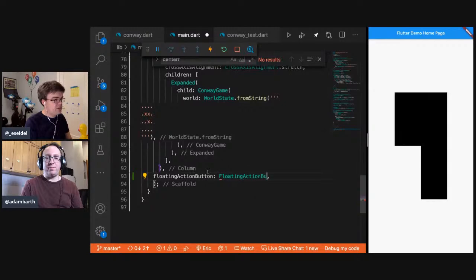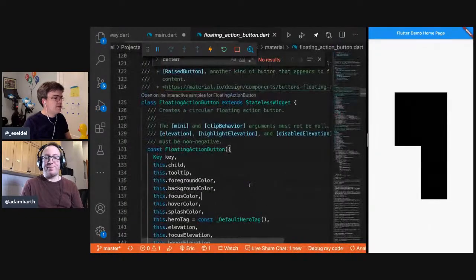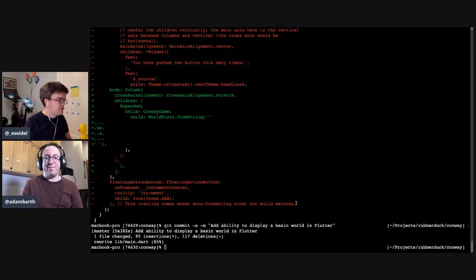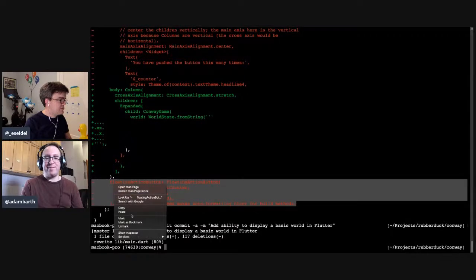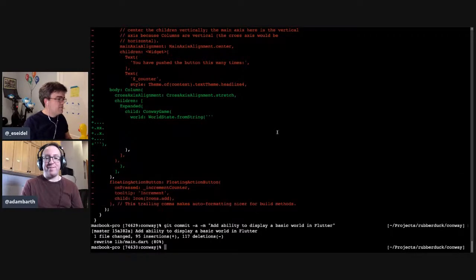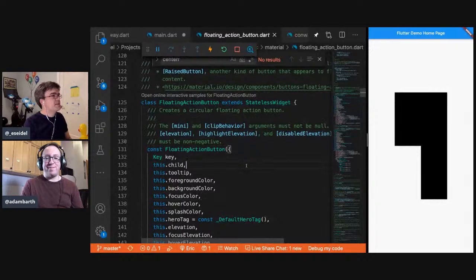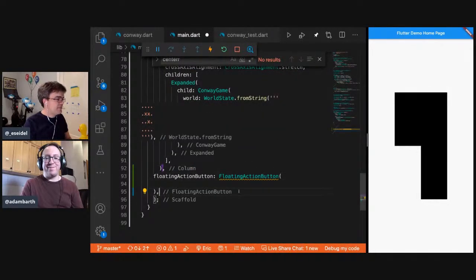Floating action button. This is where I should just crib from the template. You want a cool icon. I don't know what icons they have. My world of programming is the copy pasta.